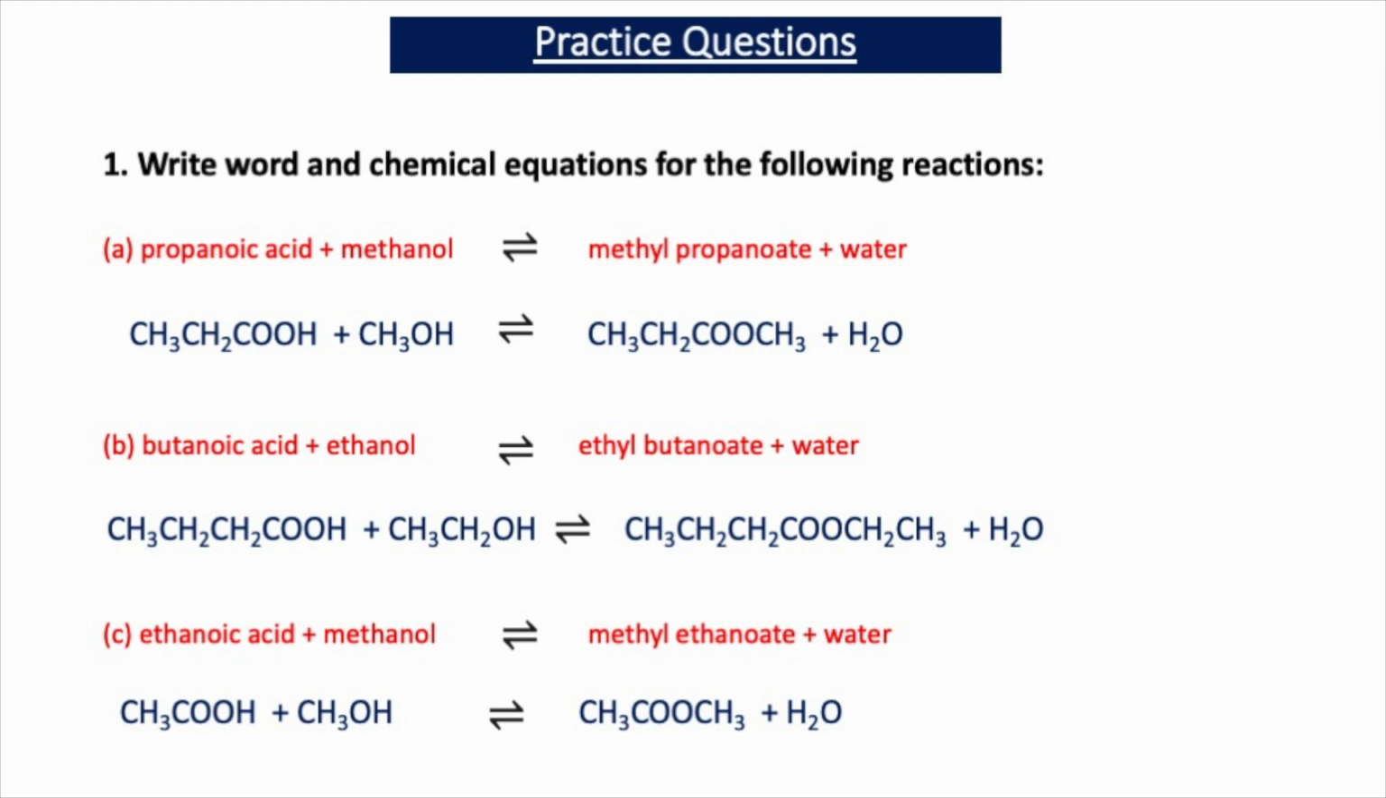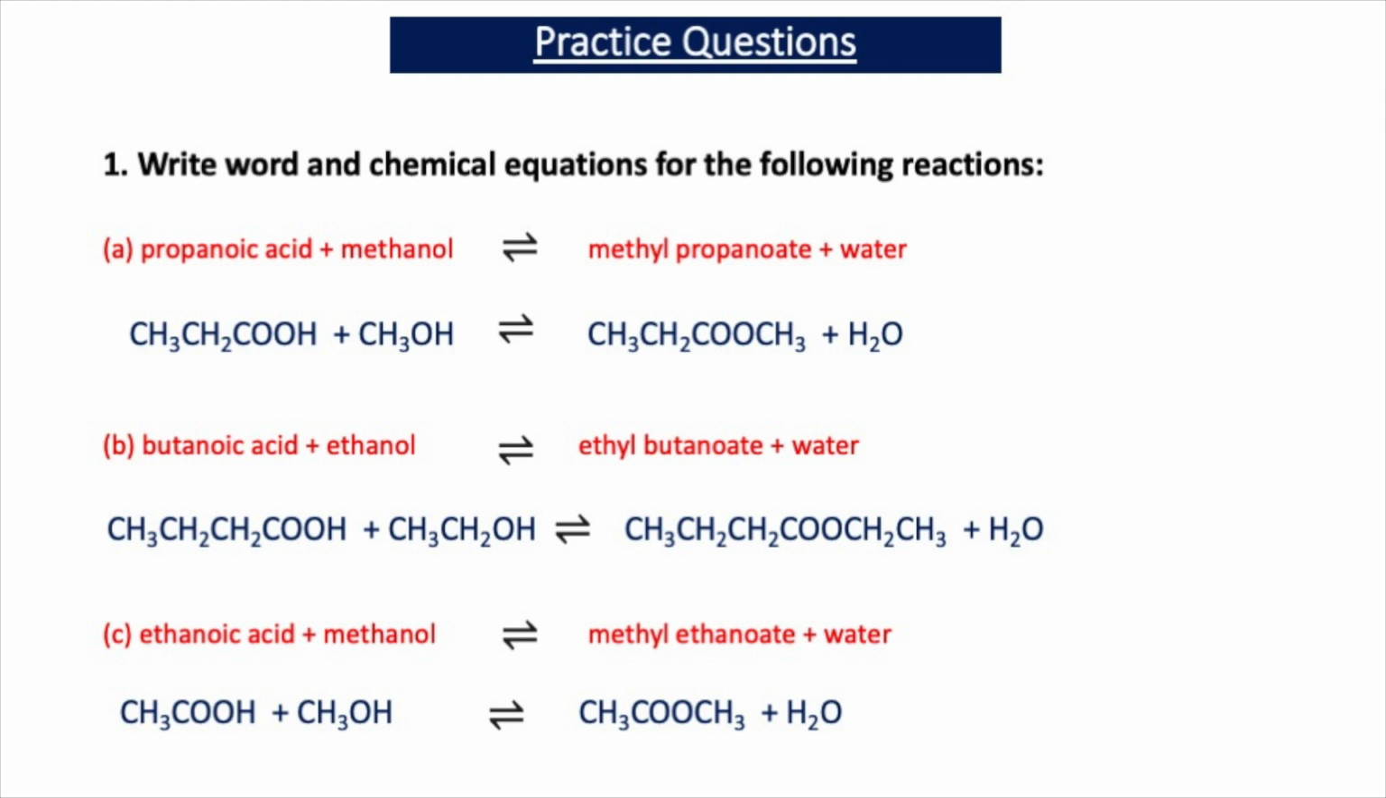And propanoic acid is CH3CH2COOH, methanol is CH3OH, so you get CH3CH2COOCH3 plus H2O. And for B we have butanoic acid and ethanol, so we're going to get ethyl butanoate plus